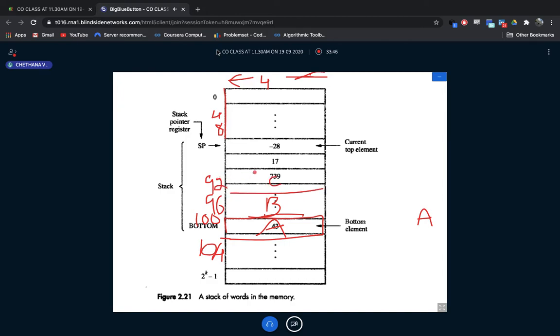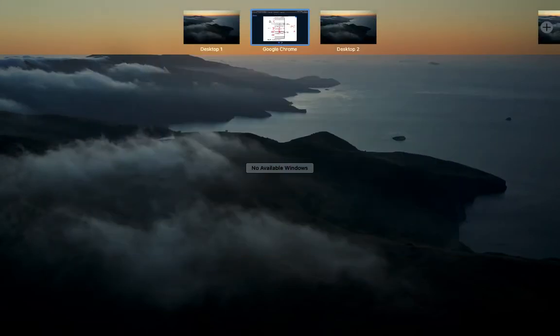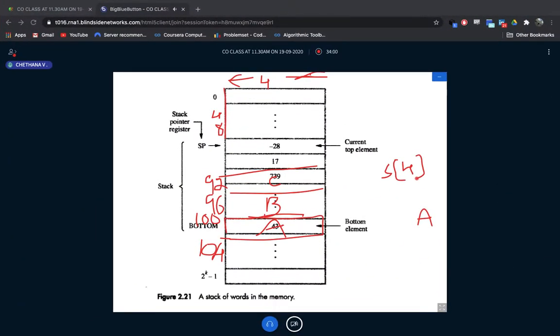Okay, like this. Suppose I've reserved my stack and the capacity of my stack is only 4. Only 4 data items you are able to insert. I've given you one constraint, one condition. Only 4 items you are able to insert. So next, what happens? A, B, C. Only 4 items means 100, 96, 92 and 88. Only this much space will be reserved. You can't insert extra data into the stack now. You got 88. So now I'm going to insert D.